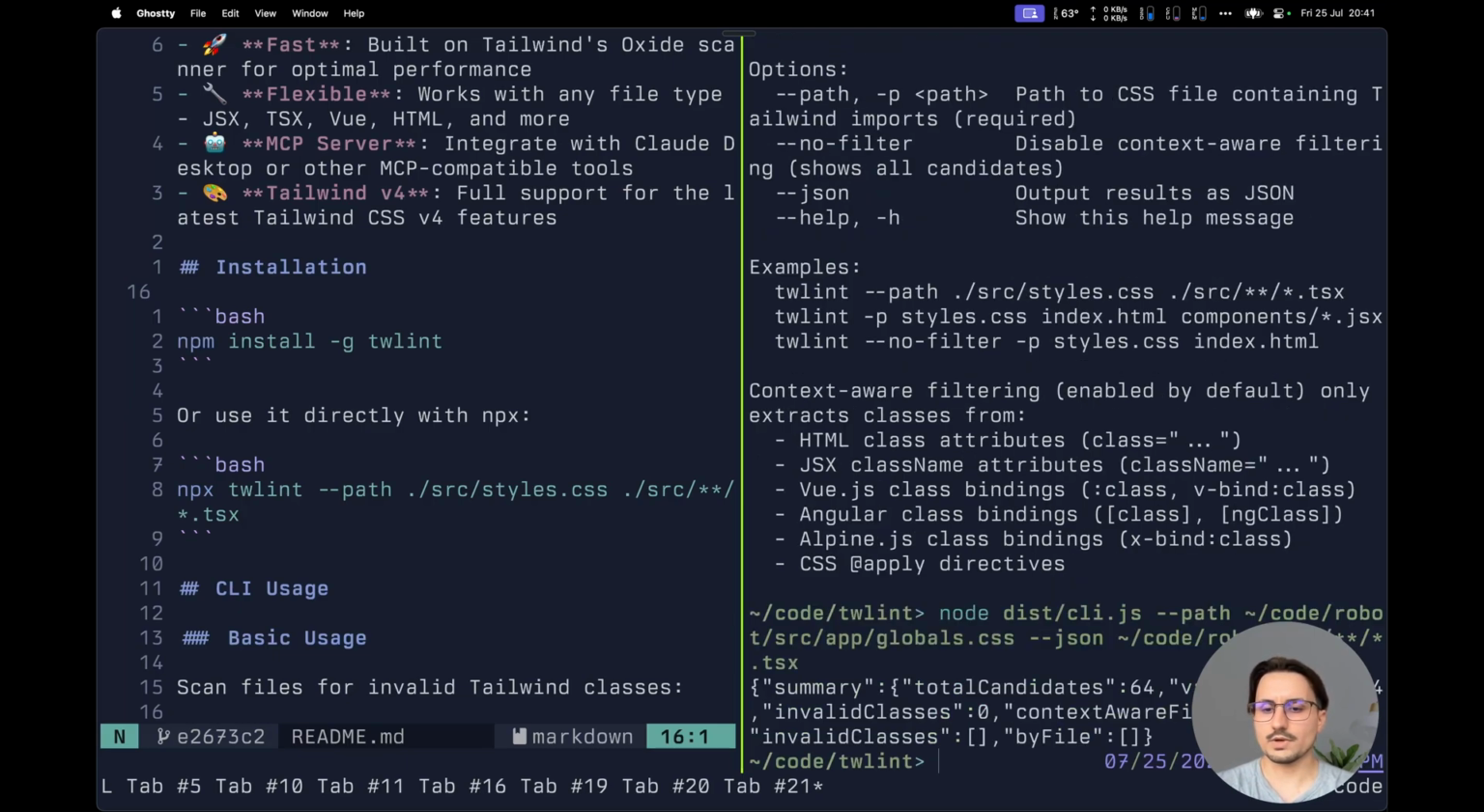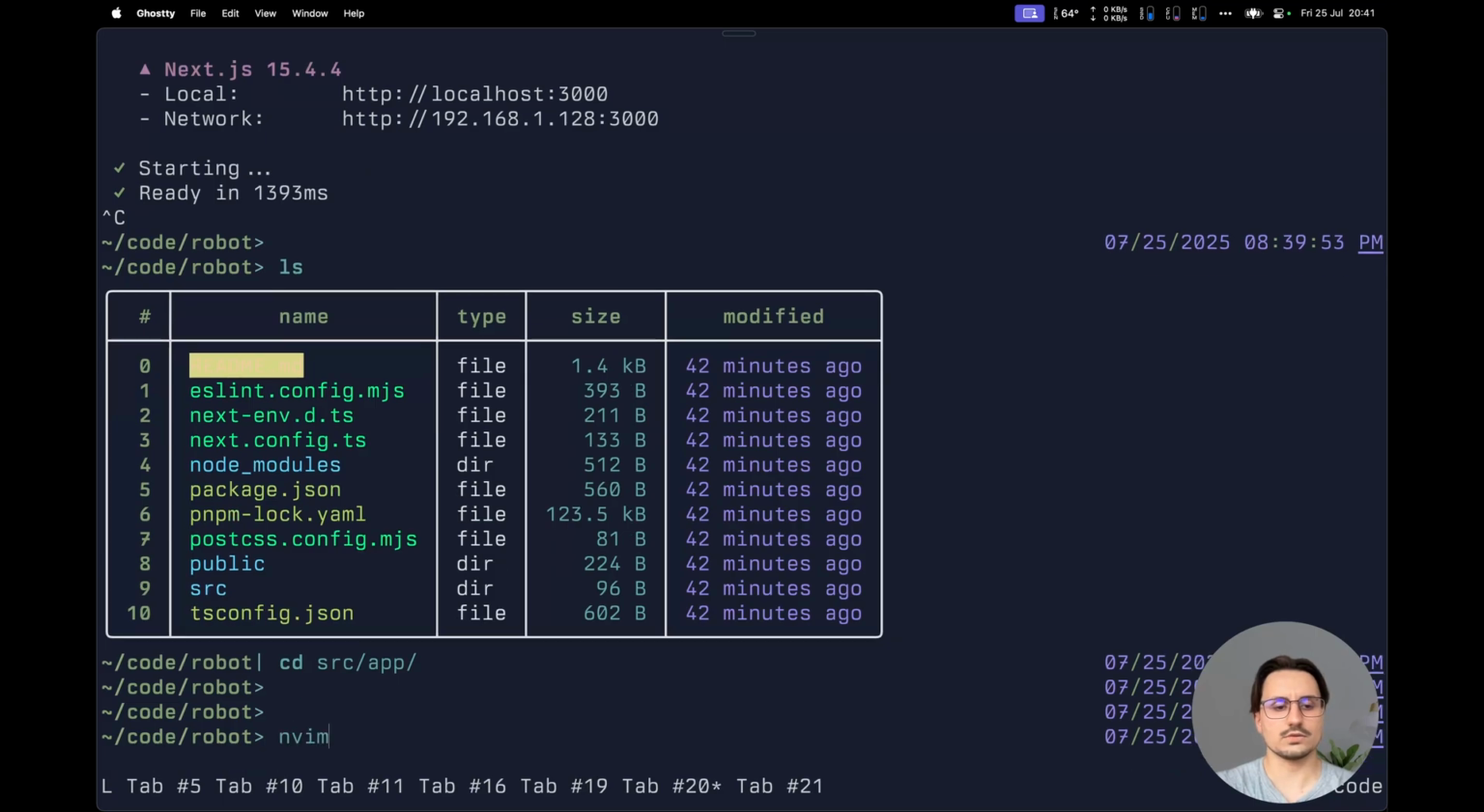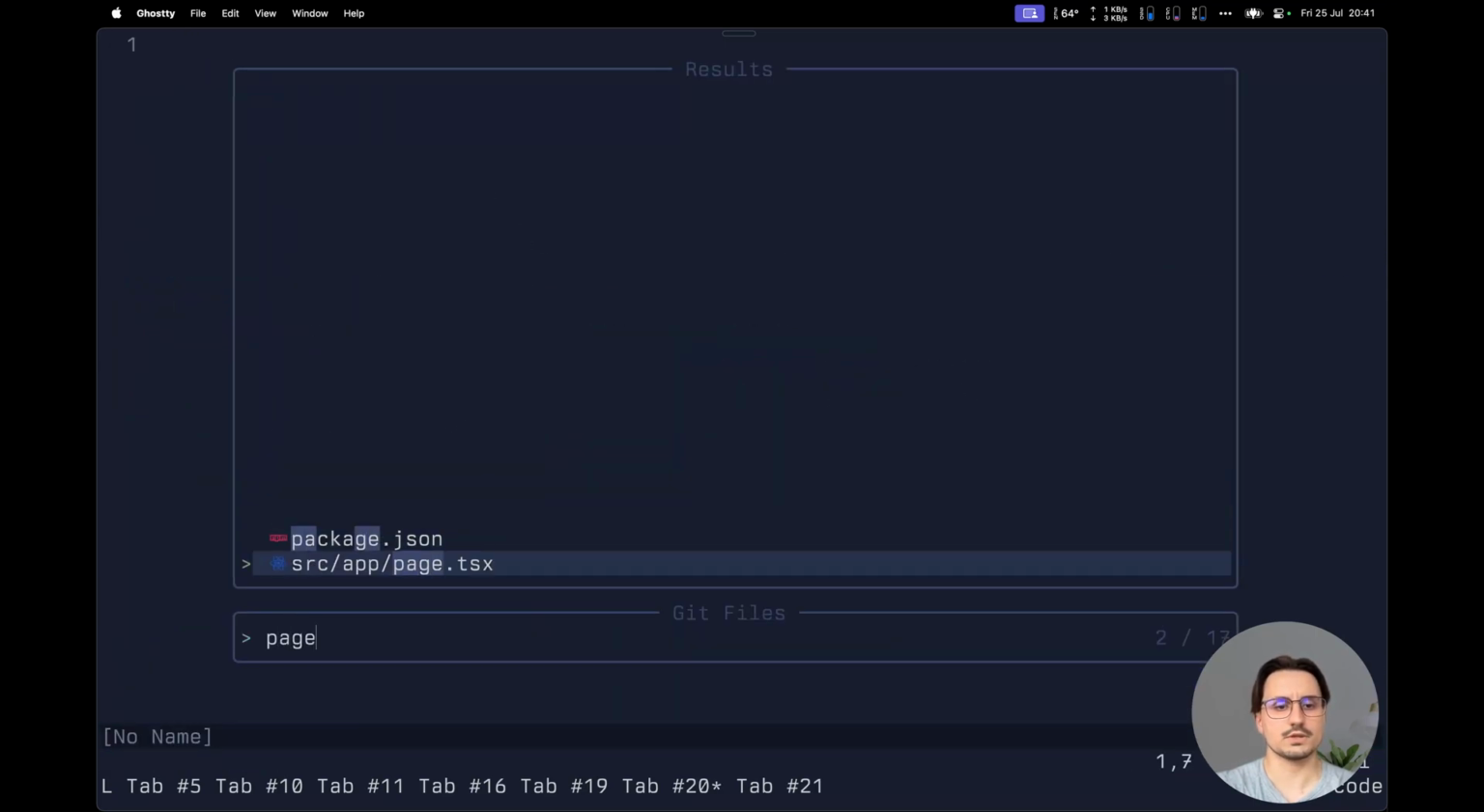But now when we run this, as you can see, we have the number of valid classes and the invalid classes, which are 0. If I hop back into this code base, and now we go, for example, to the page.tsx, and we make a mistake,